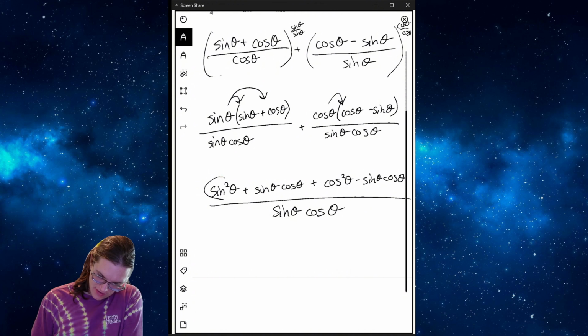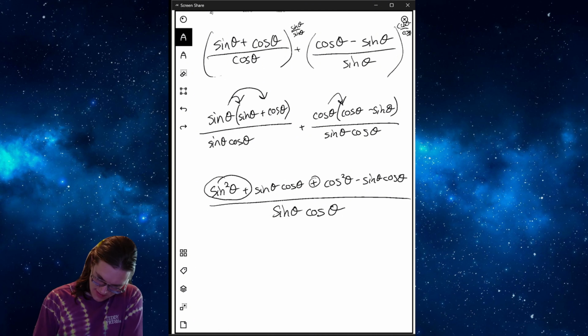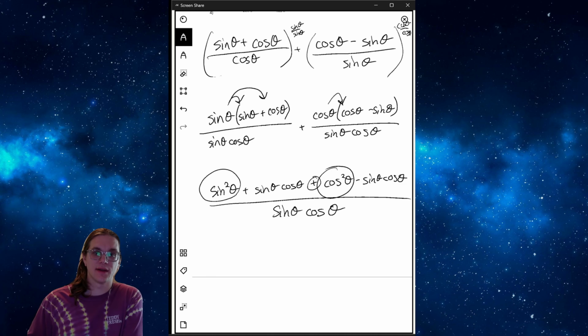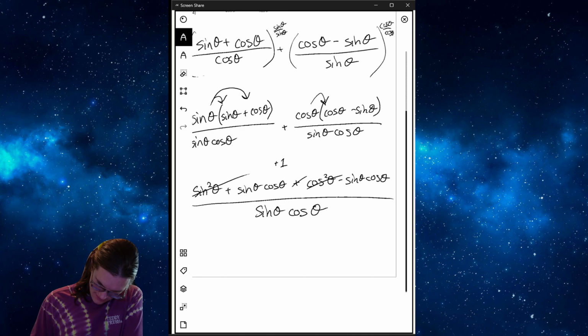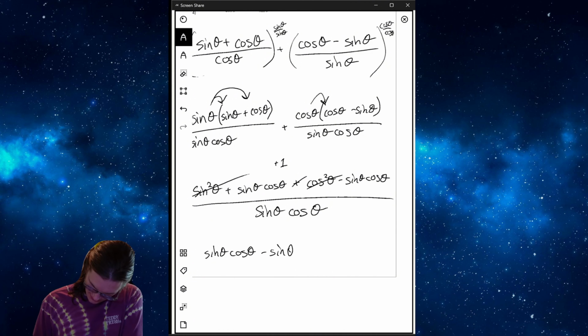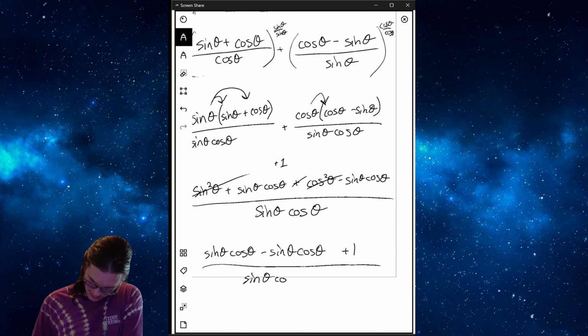We have a sine squared theta being added with this plus sign here to cosine squared theta. And every time I see that, I just turn it into a 1. So that plus that is going to be a plus 1 up here. So I'll rewrite that. Sine theta cosine theta minus sine theta cosine theta plus 1 all over sine theta cosine theta,